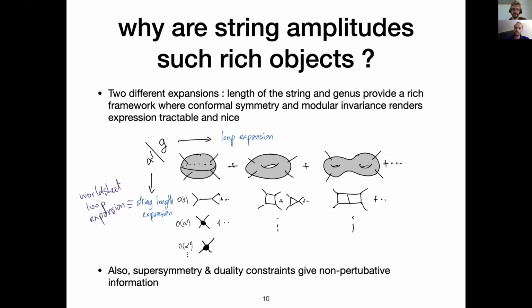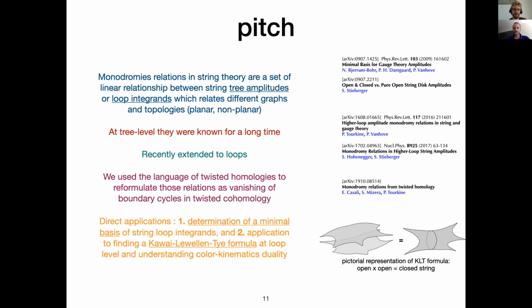Federico discussed the downward direction yesterday. I'm mostly going to be describing the horizontal direction in this talk. So here's a quick summary, a quick pitch, and a recall of history. The monodromy relations in string theory are a set of linear relationships between string tree amplitudes or loop